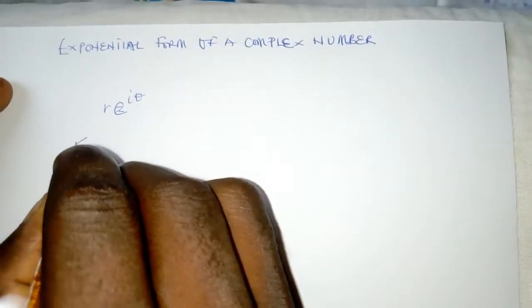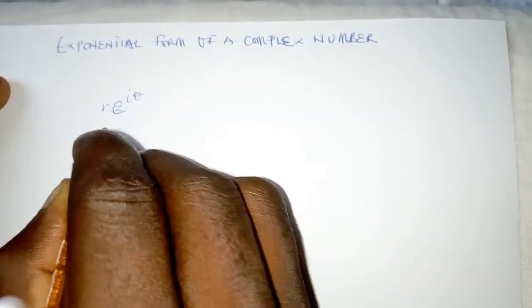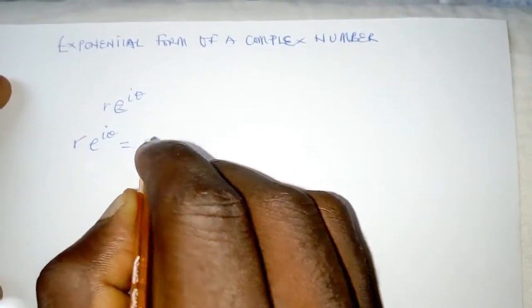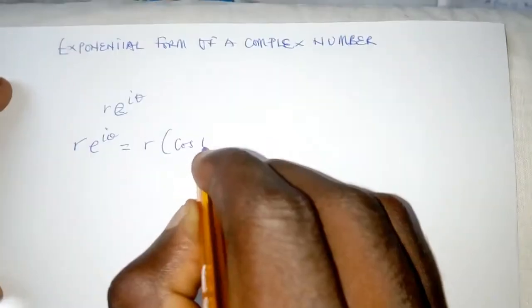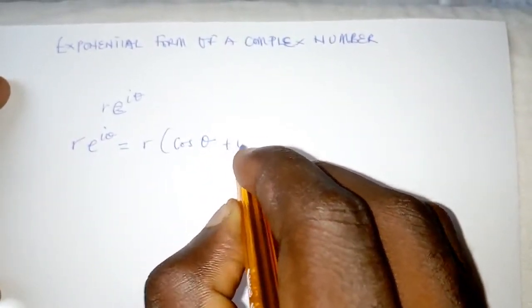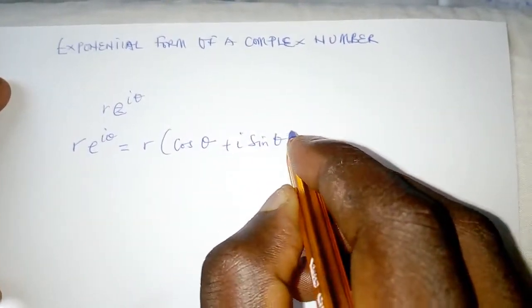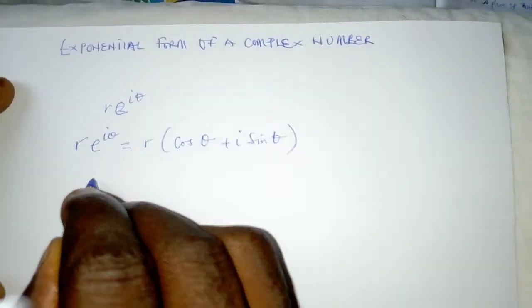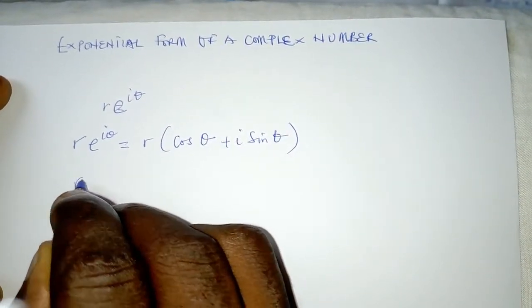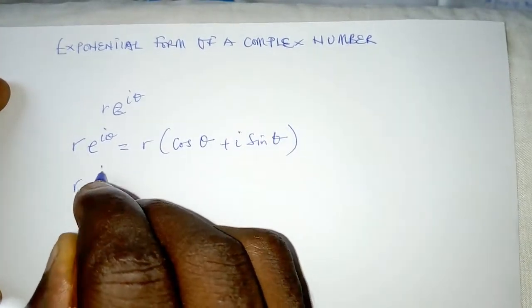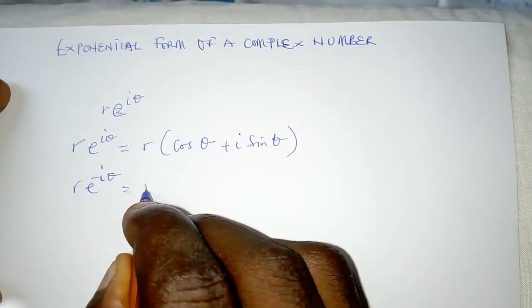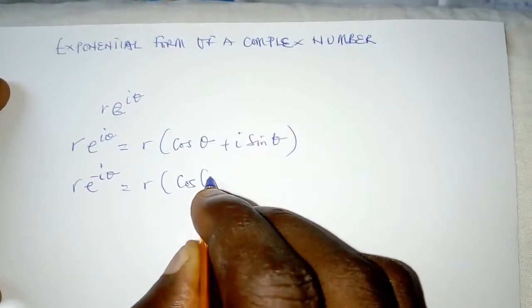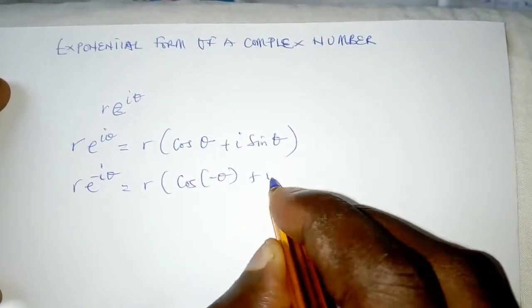We said r e^(i theta) is actually equal to r cos of theta plus i sine of theta. Now if theta is negative, then we should get e^(-i theta), which becomes cos of negative theta plus i